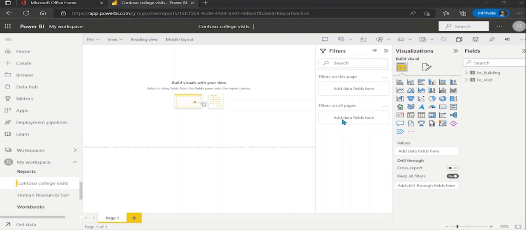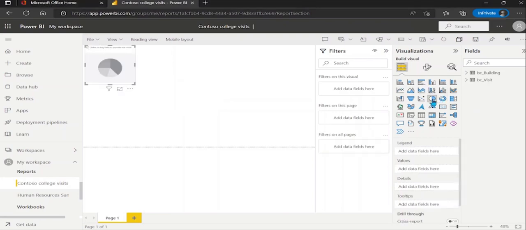Now, all of these options are going to help me make this an outstanding report for our Contoso College administrators. Let's go ahead and create some visualizations. The first thing that might be useful, we'll go with a simple pie chart. And once I select it, it actually will populate here on my report. And it's gray right now because we haven't connected any data to it, but we can do that in just